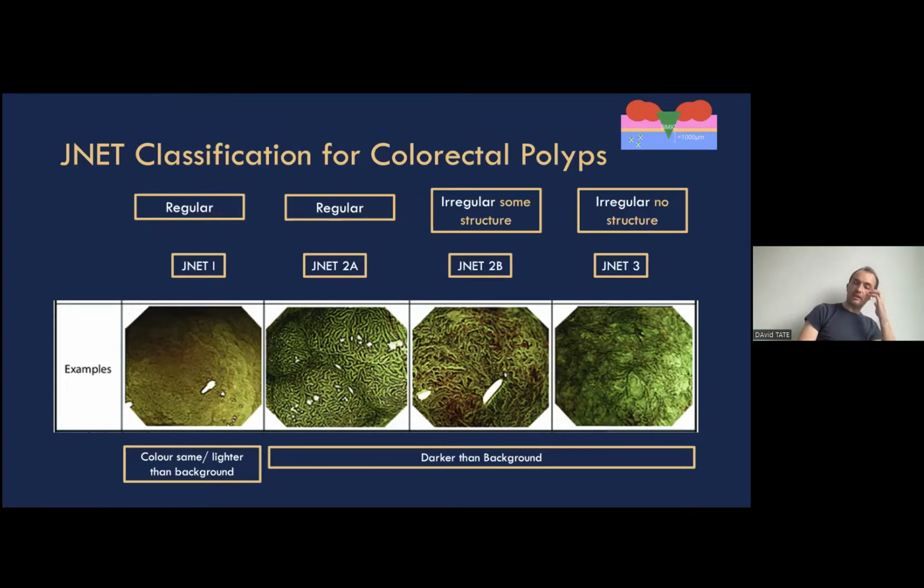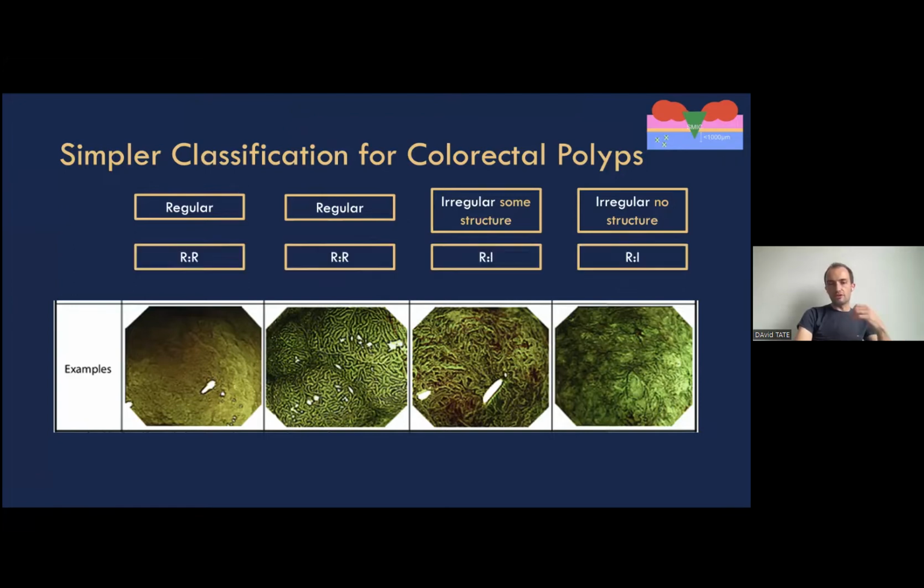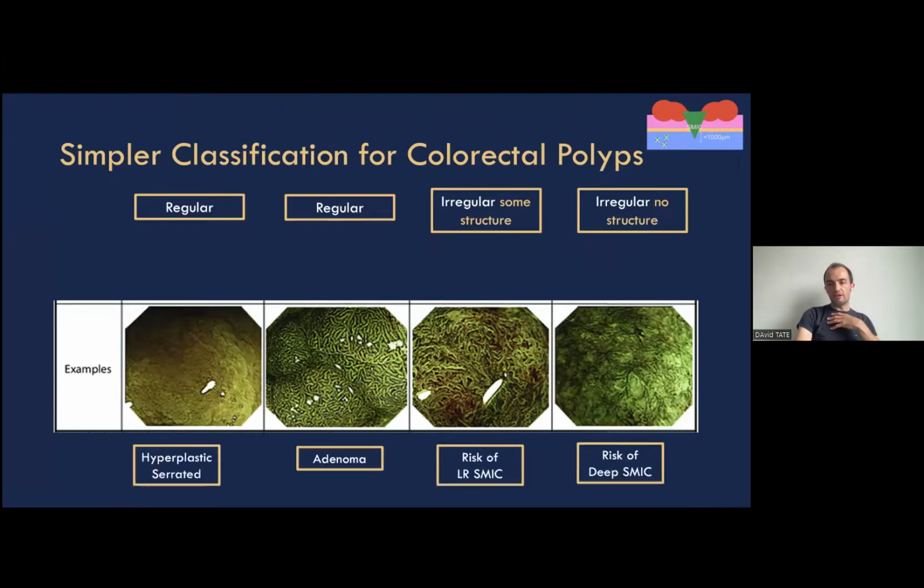Now you might say, well, you're telling me another classification system, that's making everything really difficult, but it's not very difficult, because actually you just replace the names JNET with these terms: regular background, but lighter; regular background, but darker. And then irregular with some structure, and you can see that indeed there is some structure maintained, but it's not as regular as this pattern here; and completely irregular. And so that is what we're talking about when we look in a demarcated area, and we will show you multiple examples of that as we go along. But that is a structure that you can use to analyze any demarcated area within a polyp.